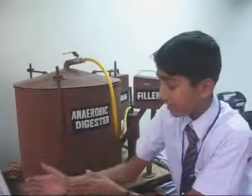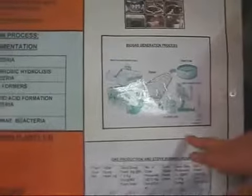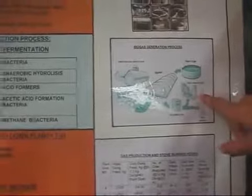I would also like to tell you for confirmation that this diagram is explained by a cycle. If anybody can't understand, he or she can understand from this diagram because there is a cycle. When the cow dung from the cows is taken to the digester, it decomposes here. Then it is stored in an effluent storage box. Then we can use it for gas handling, or change it into an electrical generation system. In the last layer, it is a heat source, a burning source. Can you pay attention to our